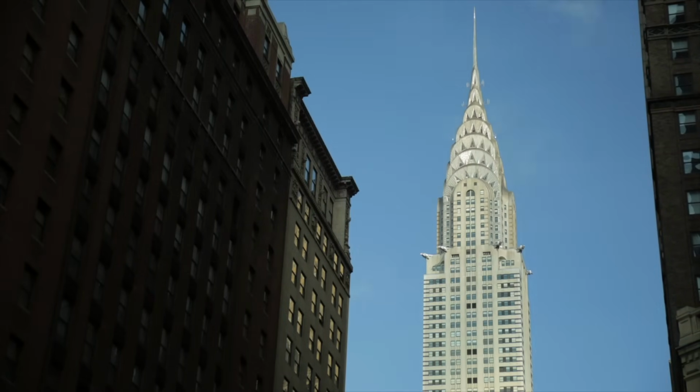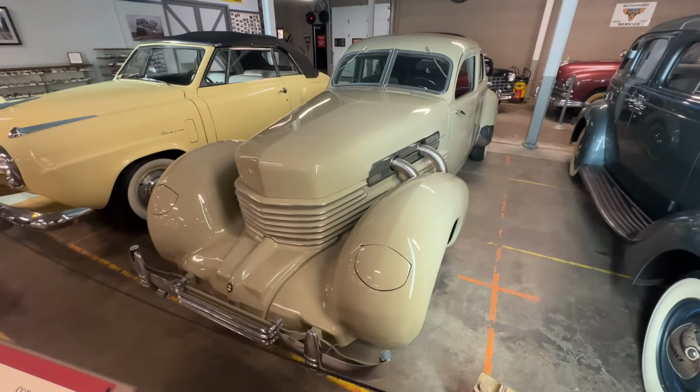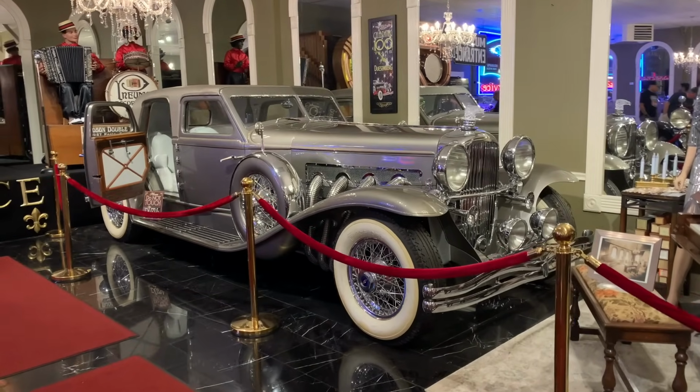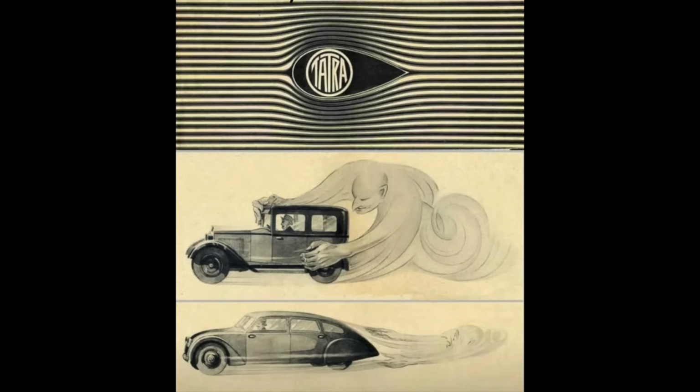So they took inspiration from their own building in New York, as well as automobiles from that era, which I'll show a handful here. This sort of more swoopy, smooth styling. I love this advertisement from the era where, for some reason, a ghost can grab the earlier 1930s cars, but when they switched over to the more flowy concepts in the late 1930s, then a ghost can't grab you. It's a strange predicament to be in, but I guess that's what they were going for, and I love that